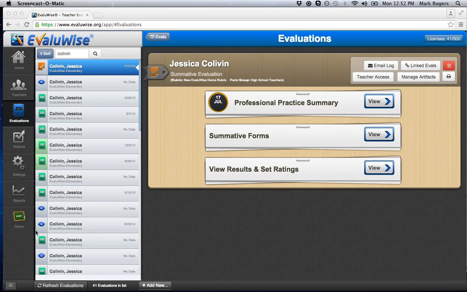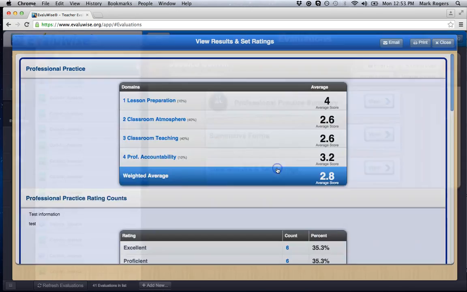If you want to set the results and ratings for an individual teacher in EvaluWise, simply click on the Evaluations tab, and then on their Summative evaluation, and then on the Results and Ratings section. This will bring up the results and ratings, and then you will notice, based on whatever preferences you have, you'll